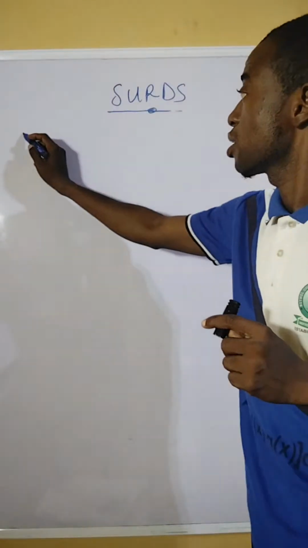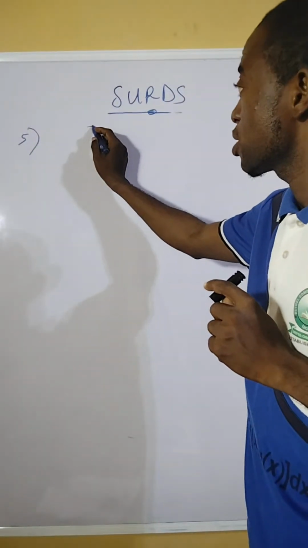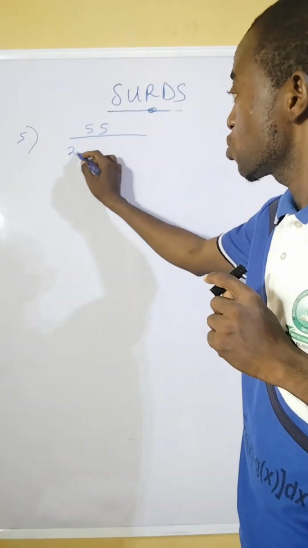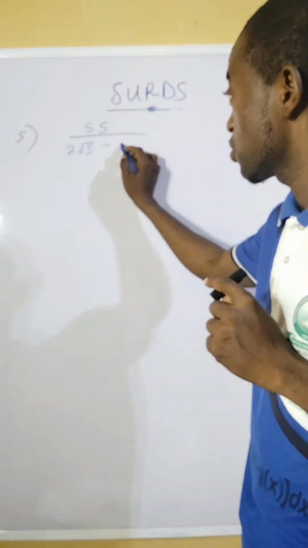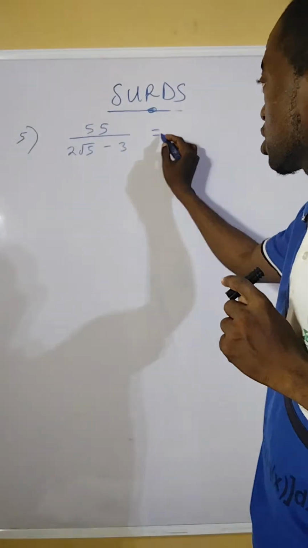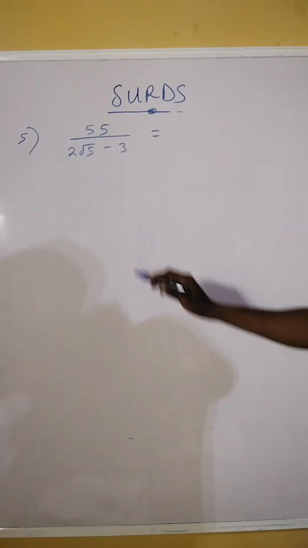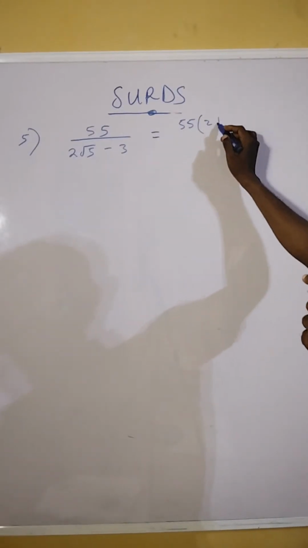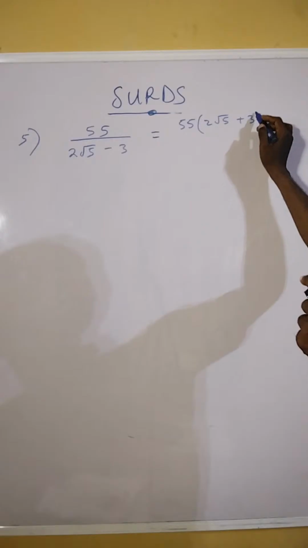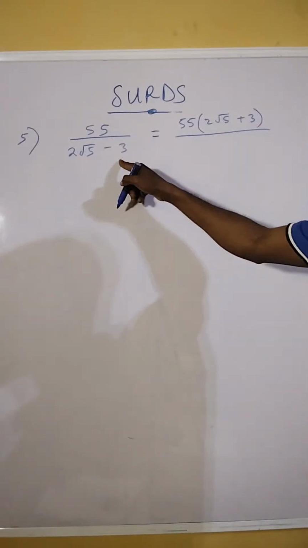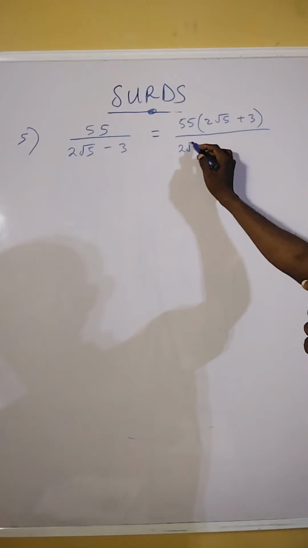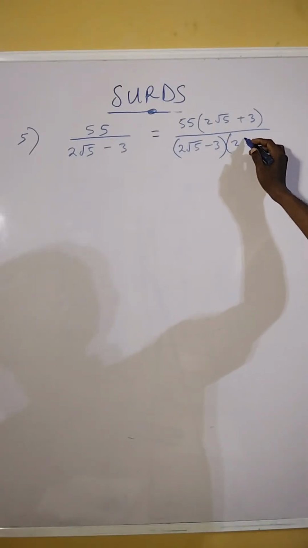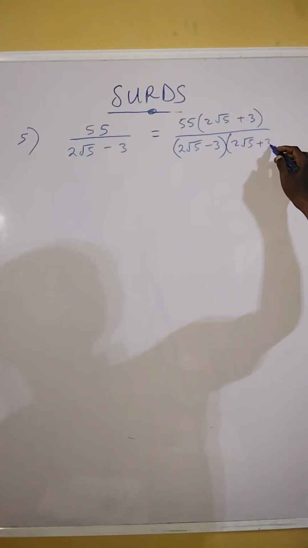That is, we are to simplify as well 55 divided by 2 root 5 minus 3. When we simplify here, we multiply and divide by the conjugate of the denominator. So this 55 times the conjugate, which is 2 root 5 plus 3, then divided by, also multiply this by the conjugate. We have 2 root 5 minus 3,